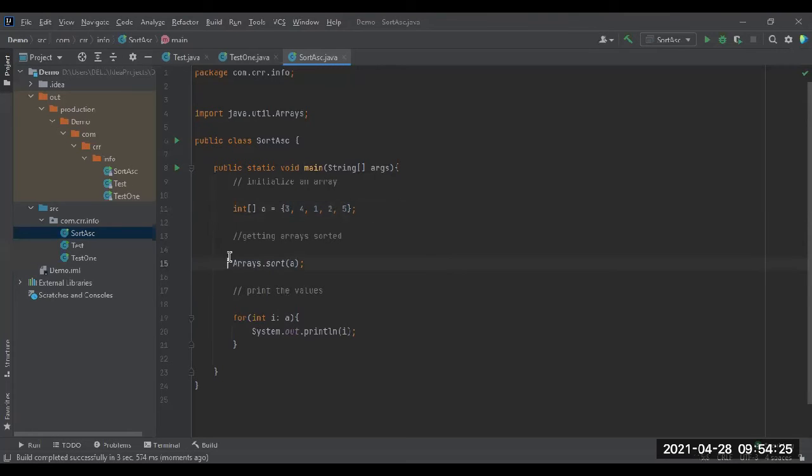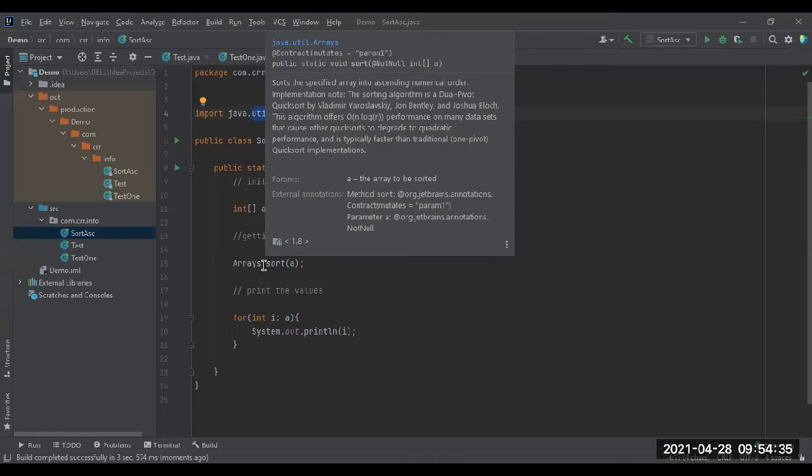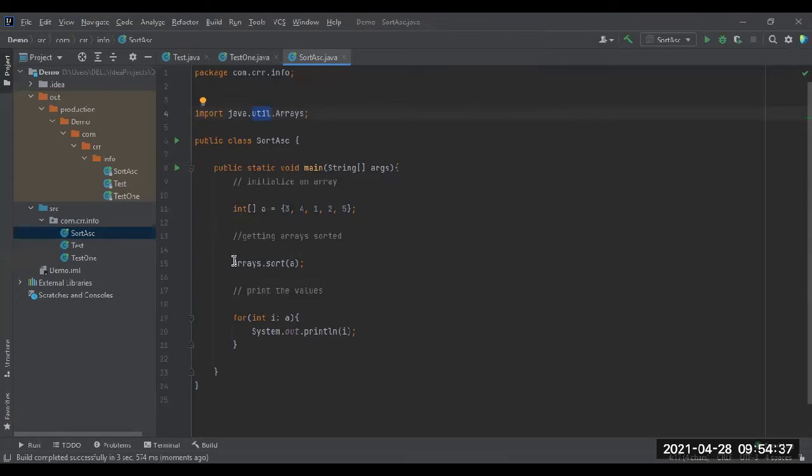Here we used Arrays, which is available in the util package, and then by using the dot operator, I'm calling this method. So you know how to call that method: from the object you can directly call that method. So dot sort, and I assign this here. All the values get sorted out and are saved inside the same array.